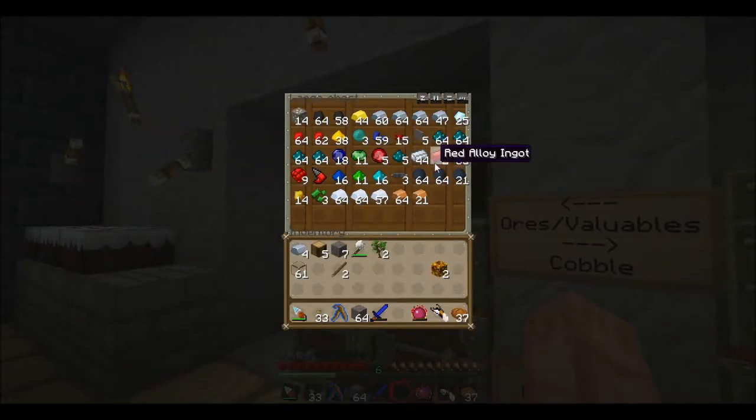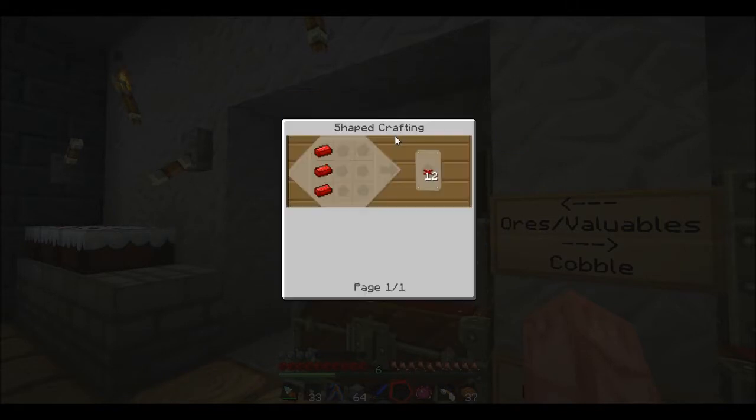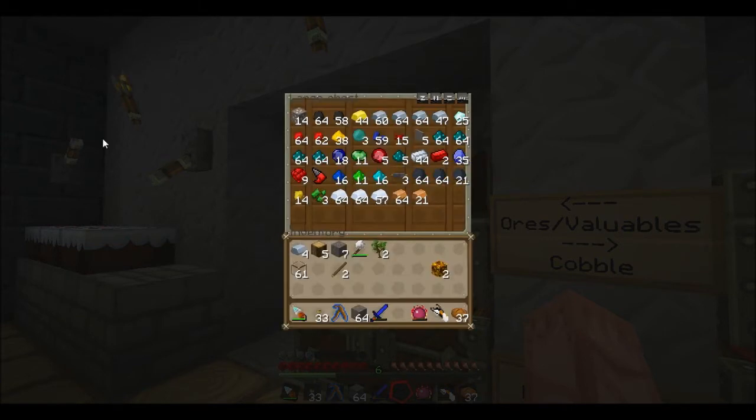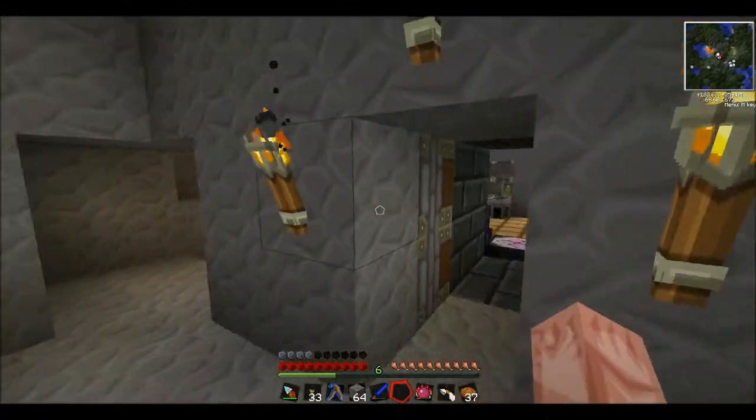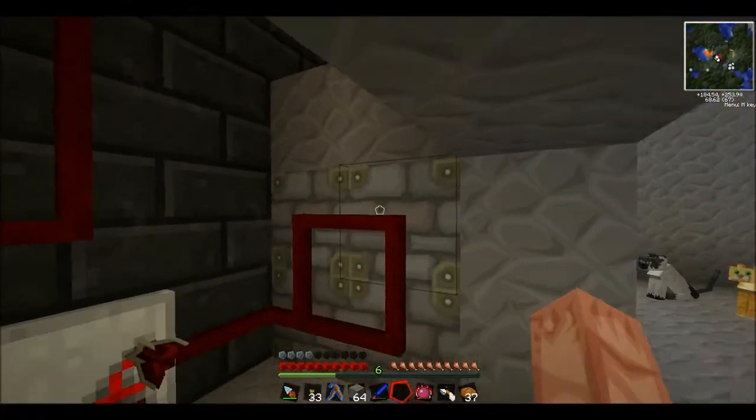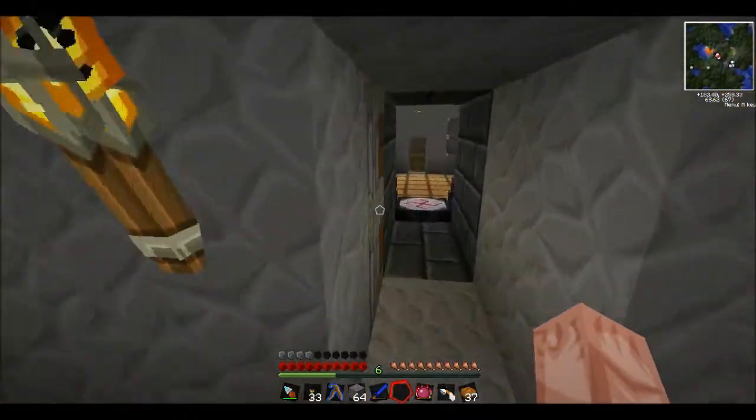But yeah, see, look, this red alloy ingot, I guess there is no recipe, but this one there's a recipe, and it's just 3 red alloy ingots stacked on top of each other, and that gives you 12 red alloy wire. So pretty cool. And then the way that I use this, just like a simple Jeb door, is I have